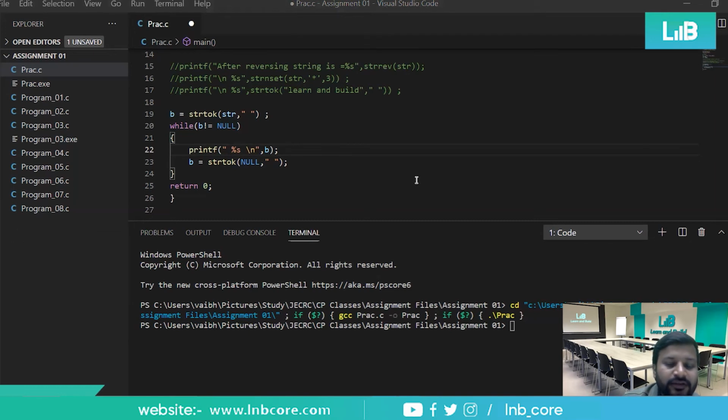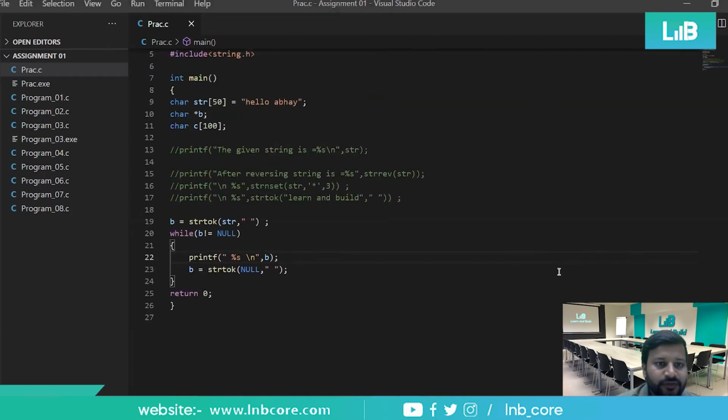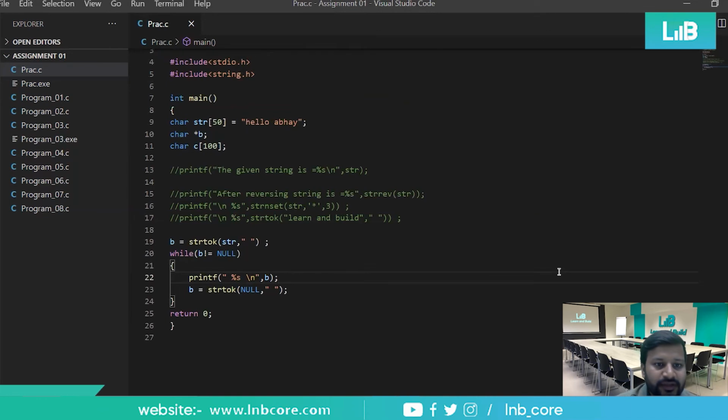So let me repeat this, everyone. Just try to listen. We had a string, hello Abhay, which we are separating on the basis of space. So we have hello, and that hello will be coming in B first. It will be checked whether B is null or not.